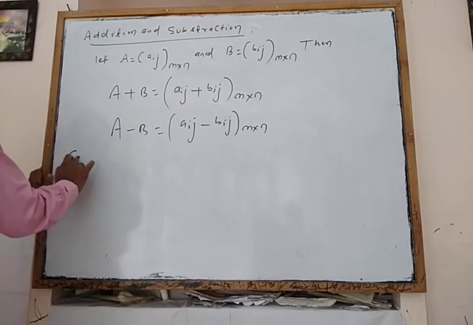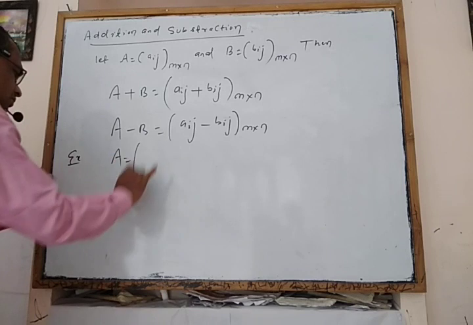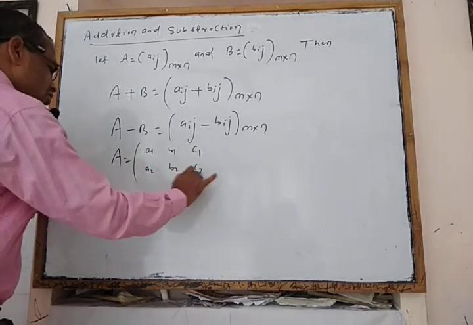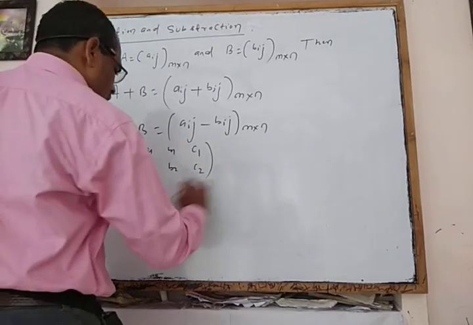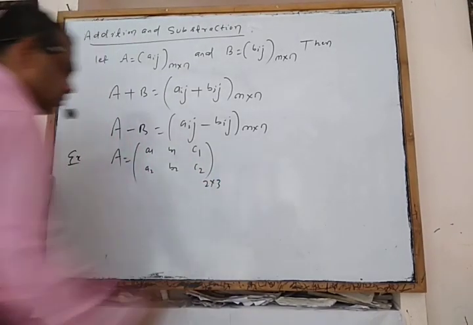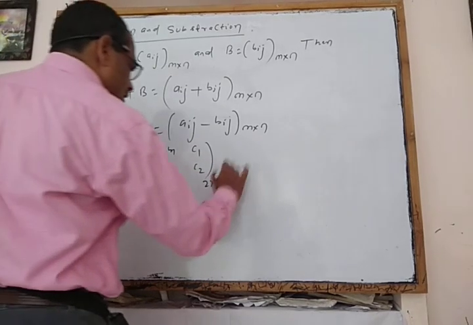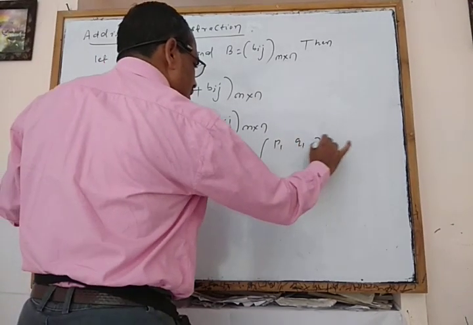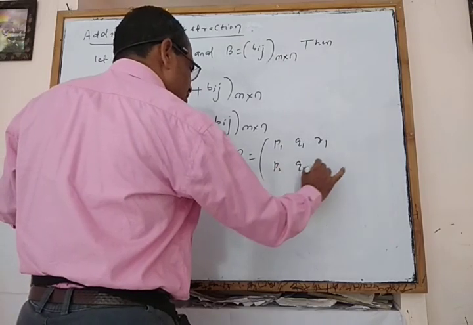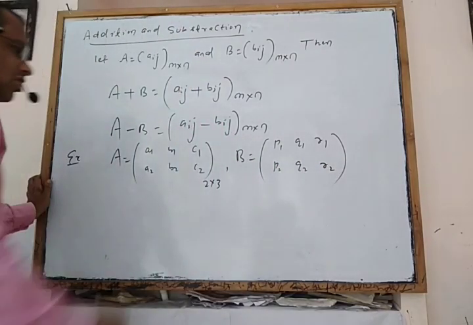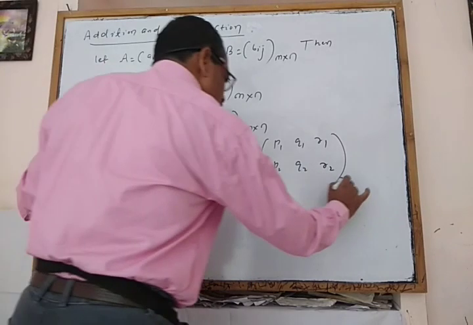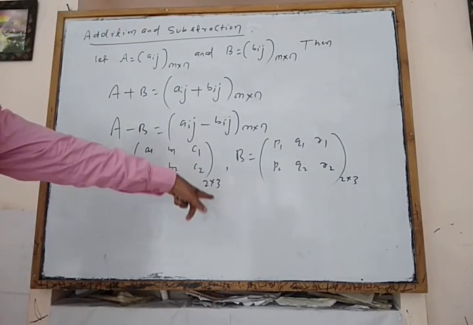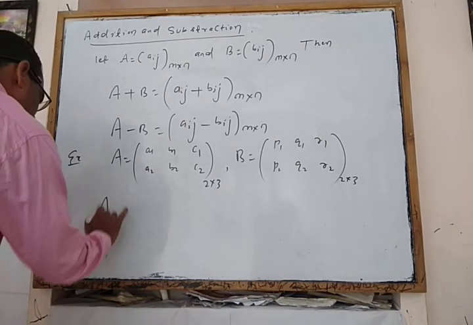That is, let A is equal to A1 B1 C1 A2 B2 C2 be a matrix. Here the order of A is 2 cross 3 and B is equal to P1 Q1 R1 P2 Q2 R2. So its order is also 2 cross 3. A and B are the same order, so the addition is obtained and the addition will be A plus B